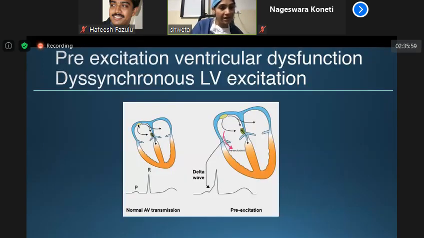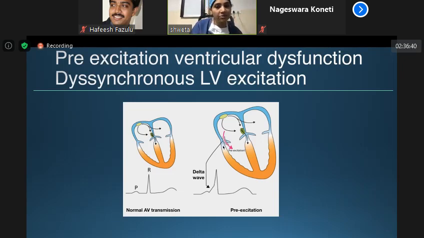So as I was explaining, normally there is some delay which is seen between P and QRS. But because of the accessory pathway and pre-excitation, this delay is not seen. Especially when there is a right posterolateral pathway, the right conduction happens faster than the left. So the conduction will first come onto the right ventricle, and through this it will be conducted into the left ventricle. Whereas in the normal AV node, it will come from the AV node, then the bundle of His, and then the right branch and the left branch. And then the left branch will conduct into the left ventricle. So that conduction is faster and it's a synchronous conduction.